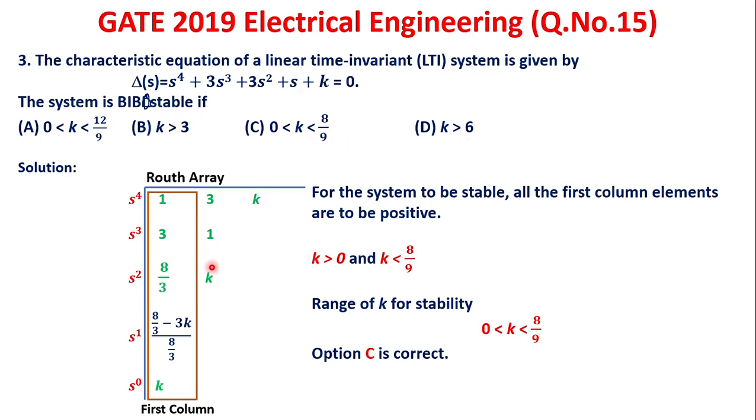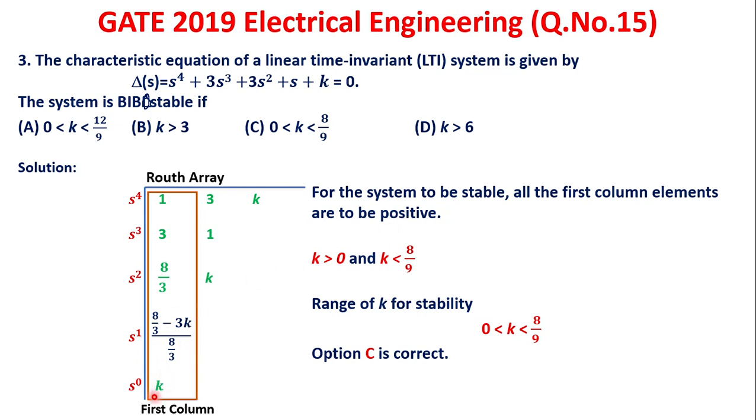So we have to form the Routh array as usual. So 1, 3K; 3, 1. So as usual, 3 into 3 minus 1. So the same method. So we can find all the first column of the Routh array are determined. Just by seeing this, we can find that for the first column elements to be positive, K should be greater than 0 and this should be greater than 0. Then only the system will be stable. That is what I have written here.